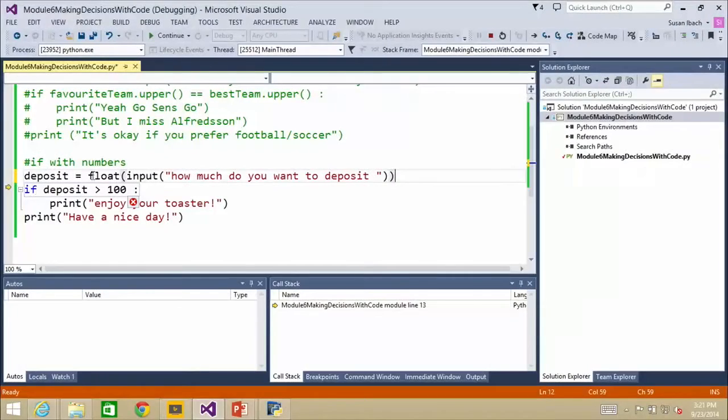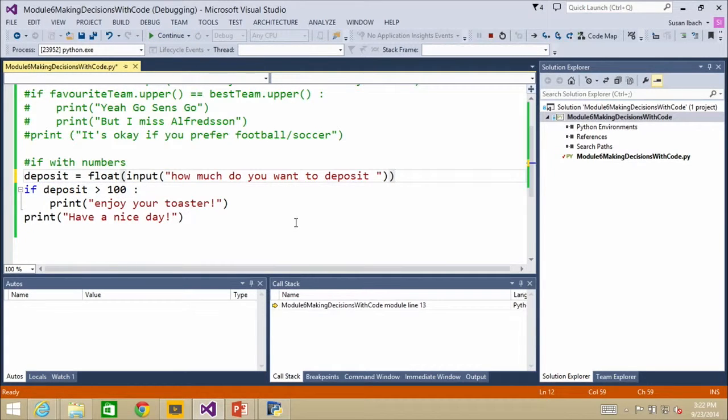Somebody had asked about it in the Q&A, so I just wanted to show you, absolutely, if you want, you can take the value returned by the input and immediately convert it to an integer or a float before you put it in your variable. So right away, it's treated like a numeric variable. So if we go back to the code, you can see I have basically said take the results of the input statement and convert it to a float, which meant I did need to remember 2 closing brackets at the end. 1 to close the input command and 1 to close the float paren.